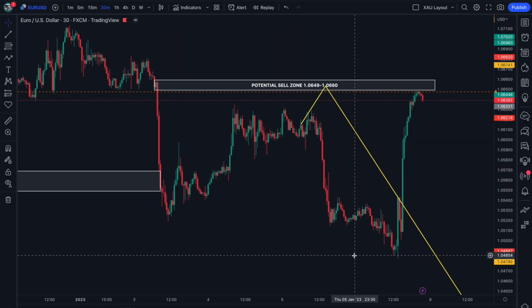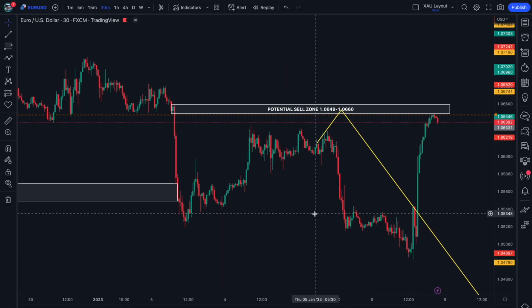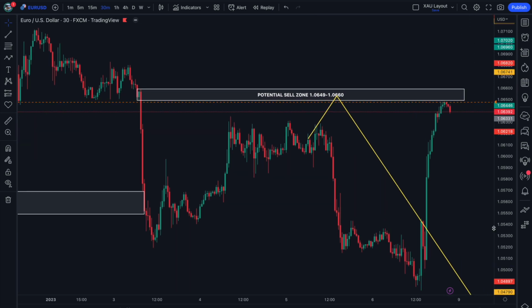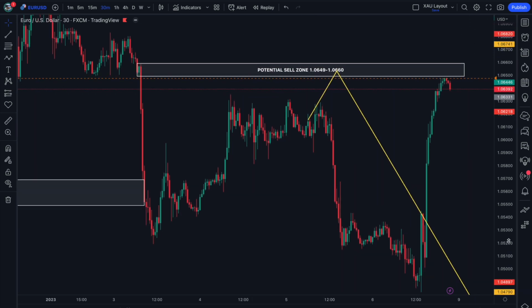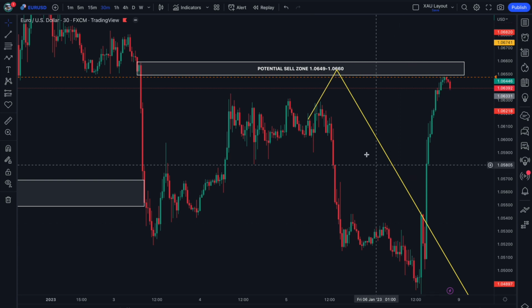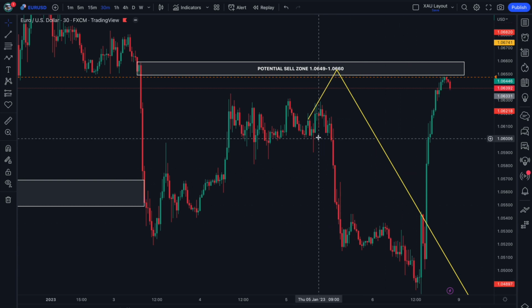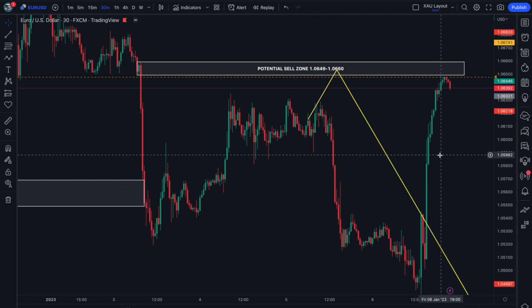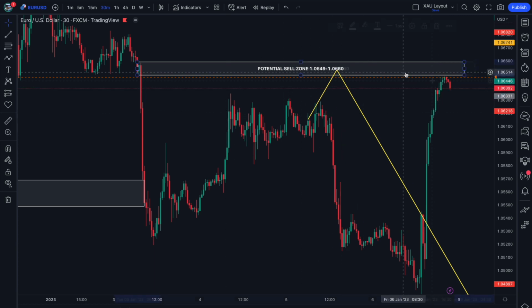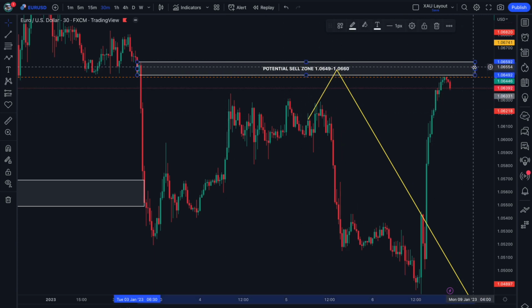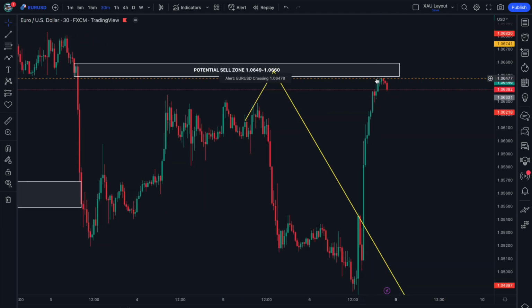Moving over to the Euro US dollar, this was a market that I was looking to get involved in last week, but then we got hit with the US payroll, which ultimately delivered us with this huge bearish influx, taking us lower into the market. Price has now recovered from that and continued trading us higher, and we are seeing it just sit below this potential sell zone. I wanted to see price actually tap into this so supply can get injected into the market.